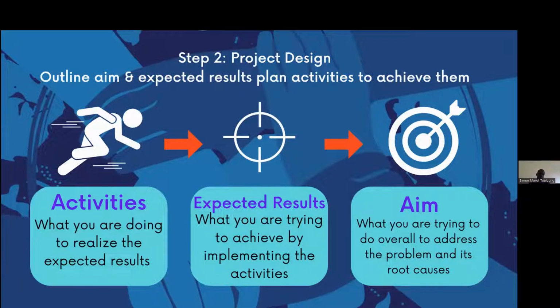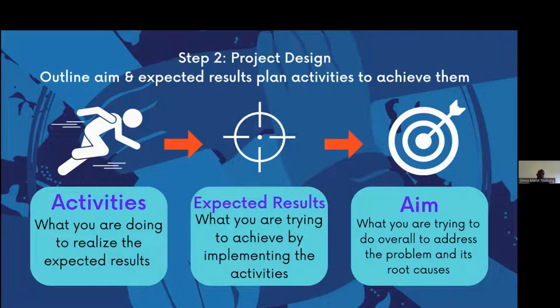So after the project aim, you look at the project activity. You think through these activities, what actions you and your group want to actually take to try and move your aims towards the problem that you are solving. Then your project activity may not fully reach the aim that you put together as a team or as a group, but it should help you move things towards the right direction